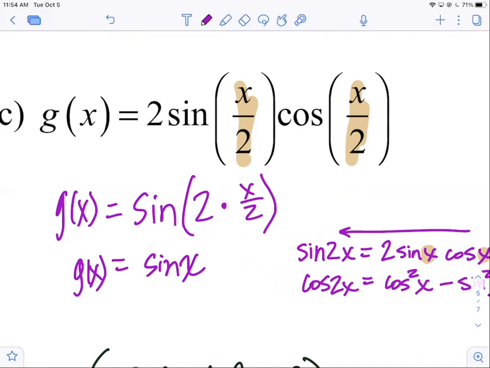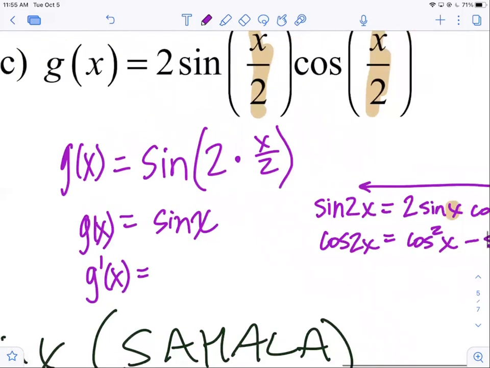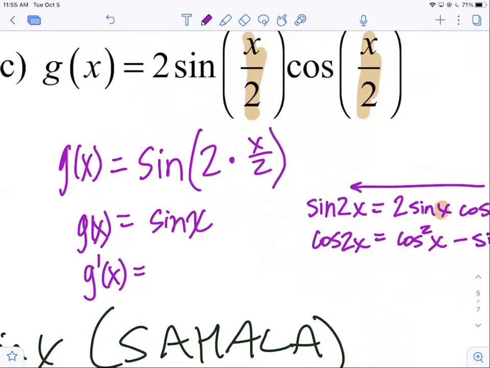So are we done with the problem? We identified it as sine. Hey, guess what? We're not done with the problem. In fact, the problem now just begins. What is the derivative of 2 sine of x halves times cosine of x halves? Well, it's just the derivative of sine, which is